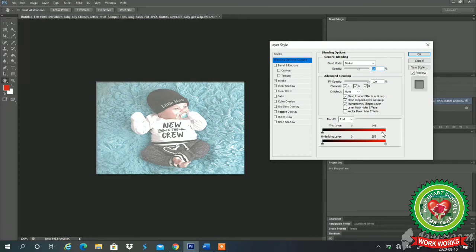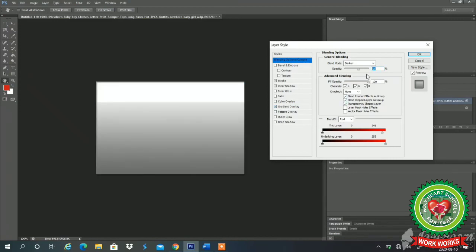See, changes are there. If I do gradient overlay, it is as per our requirement. If I want to make it faded, darker, choice is mine. If I want to make it transparent, whatever things I want, I can choose from there.